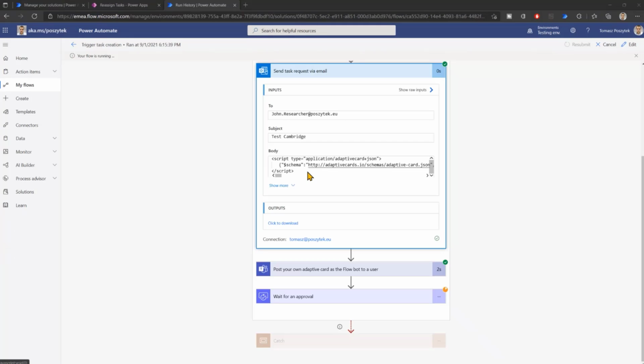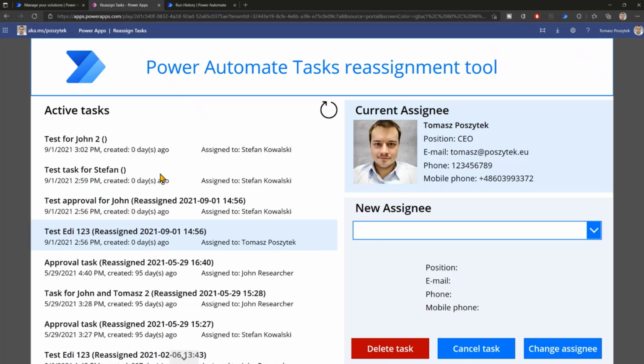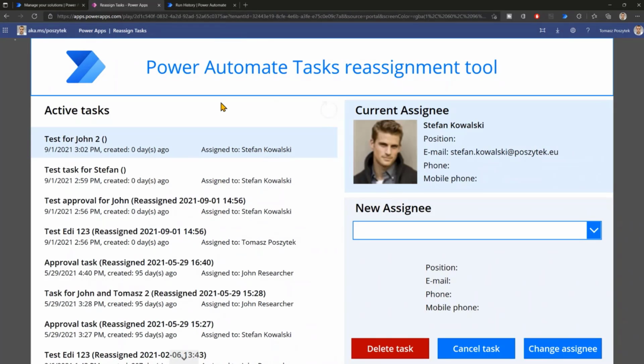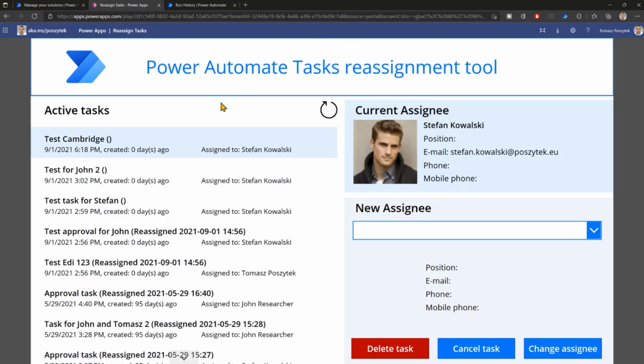To show you how it works, I also created a Power Apps application. It's again a very simple application that I'm using to work with tasks. And it also allows me to reassign the tasks to other users. And because it is working directly on Dataverse, not using any endpoints, it doesn't follow any principles. So with this, I can actually reassign the task to myself. I can reassign a task to the same person who was assigned a task in the first place, and so on and so on.